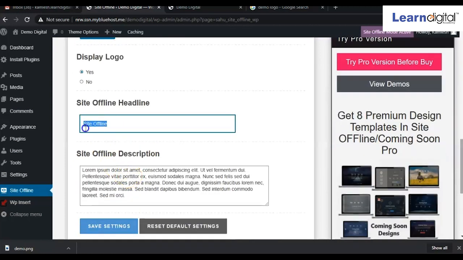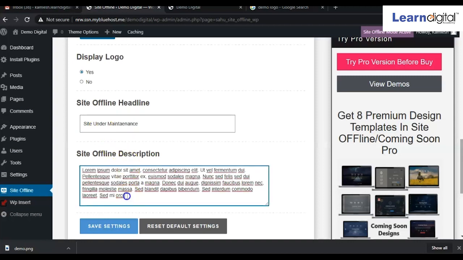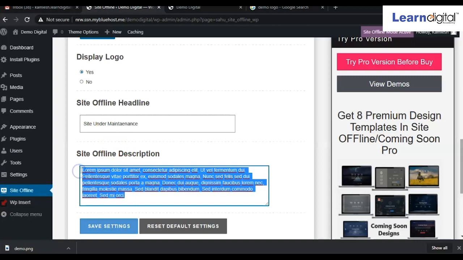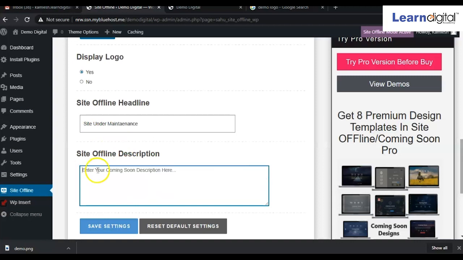So here you can change this one, site offline or site under maintenance. And here you can write down when you will be live, or regarding what you are doing, updation. So your content you can show over here.